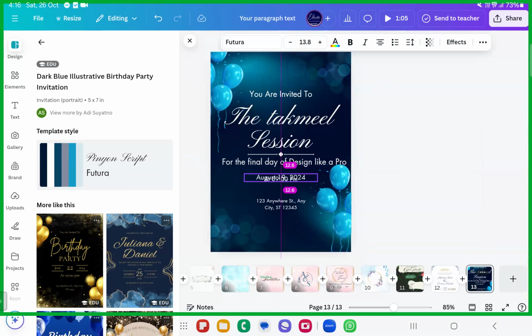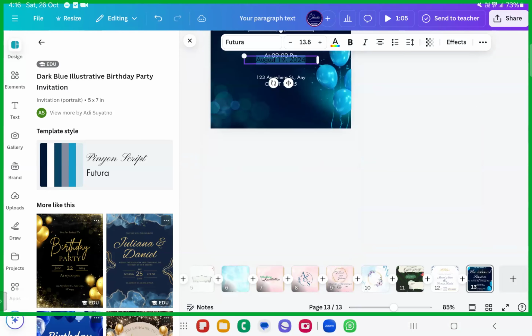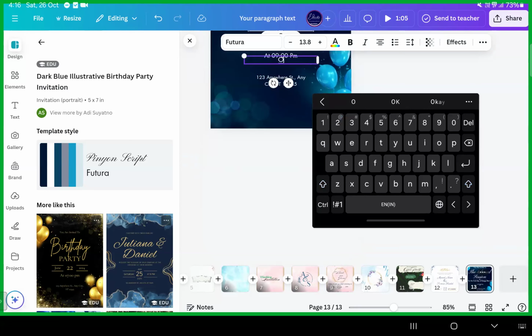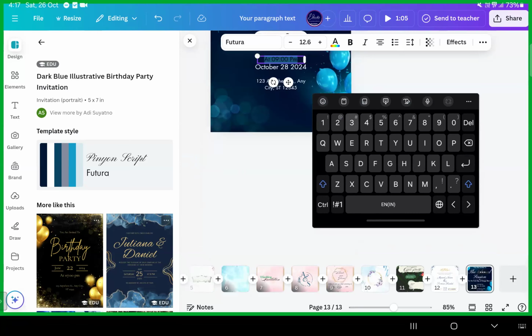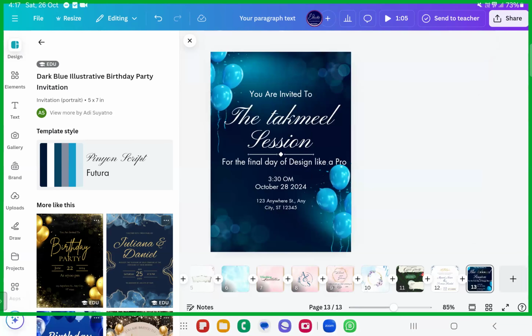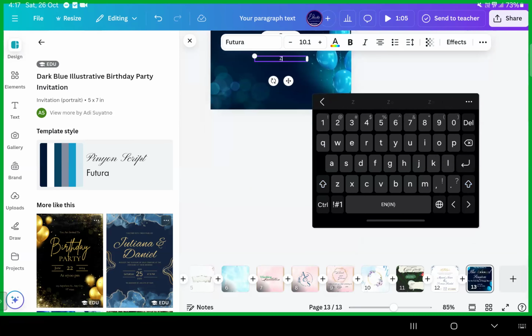pro. And for this one, let me just put it a bit downwards. It would be October 28th, inshallah ta'ala. 28, 2024 would be your last class, inshallah. That would be a meal session, inshallah, at ordinary time, 3:30 p.m. inshallah. 3:30 p.m. So anywhere, it's on Zoom meeting app.